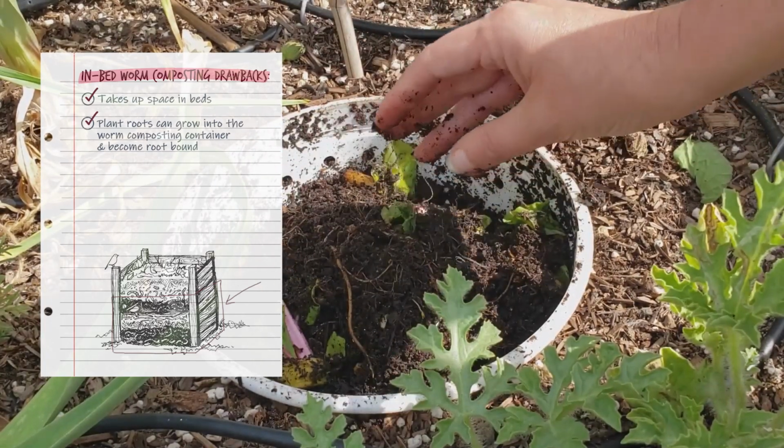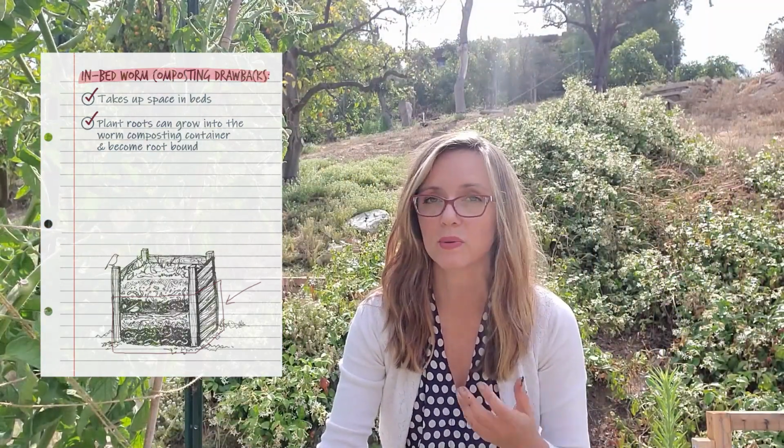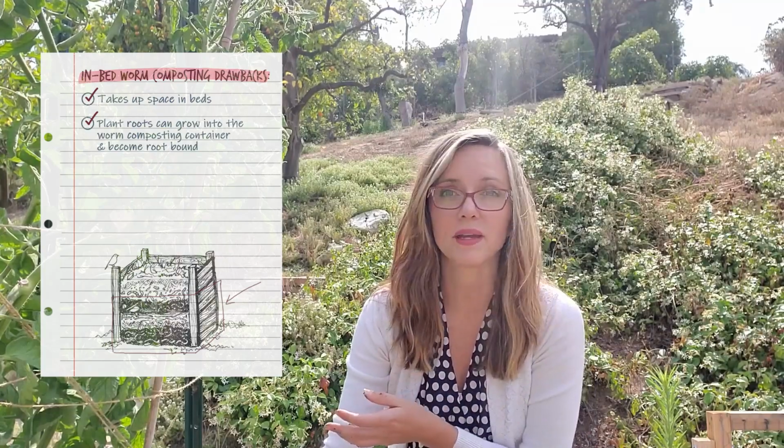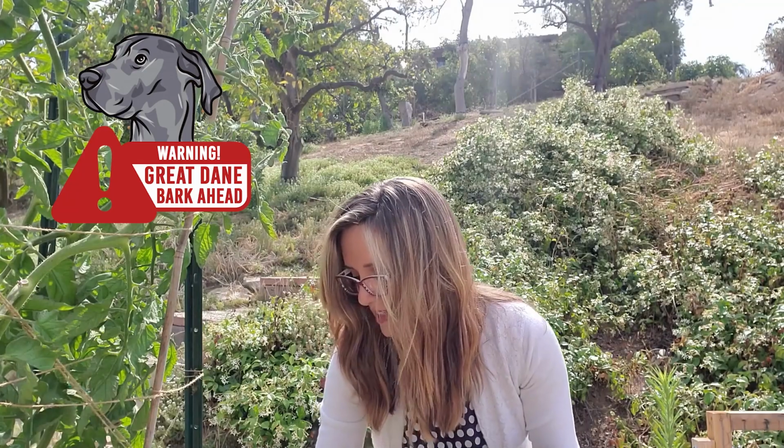But the negative is that the container itself gets crazy root bound, especially if it's near something like a tomato plant, which actually all three of mine are. Those roots grow in there and it starts to get a little crazy in there. Now, another thing I've noticed is that worms...